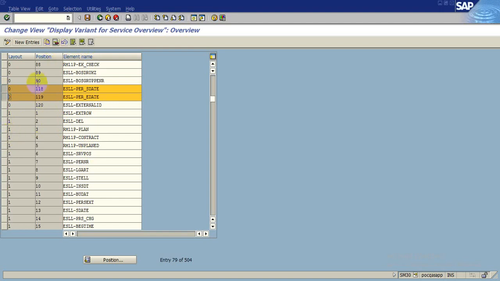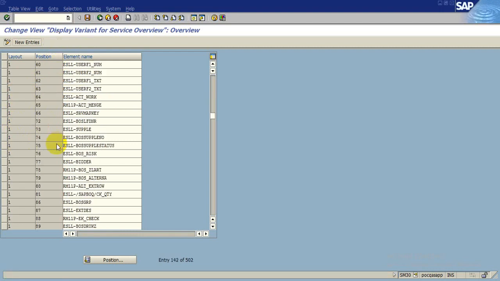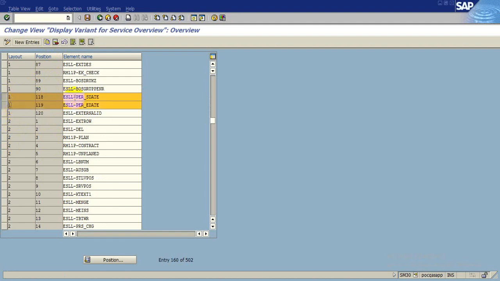So I am deleting from 00, 18 and 19. Delete this. Again we come down and delete this one's layout 18 and 19, that is ESL period start date and ESL end date, which is not required.